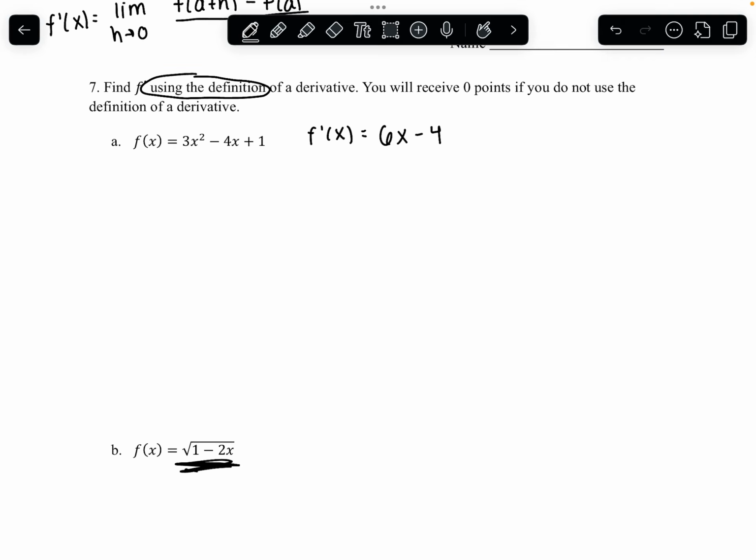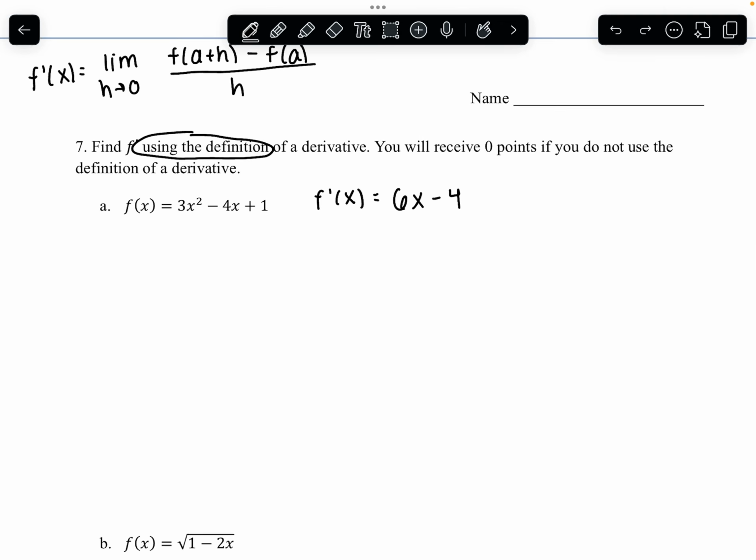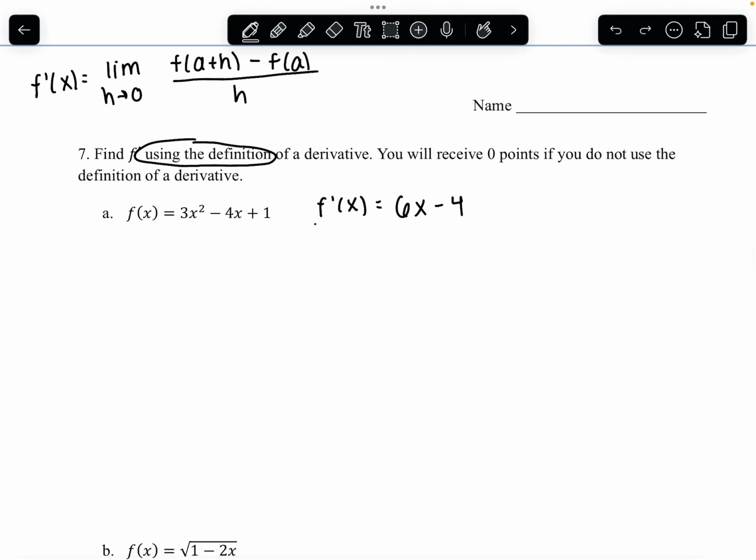If it's something like this down here on part B, it's a little bit more disgusting, and that will take a lot more time. So we don't want to waste your time. Well, I don't want to waste your time. Can't speak for everyone. So let's go ahead and try to make sure we can get this answer, but using